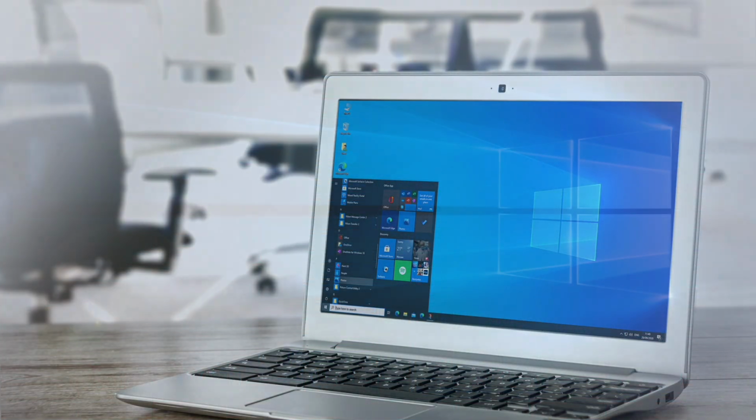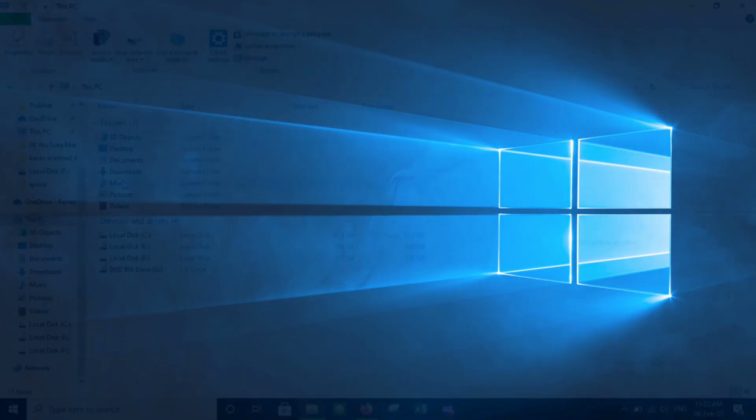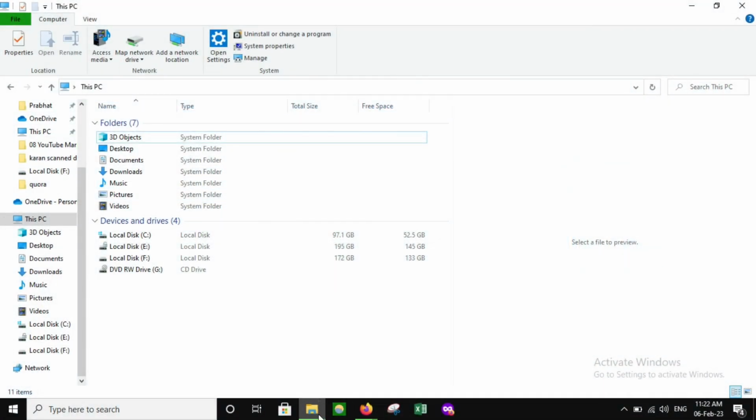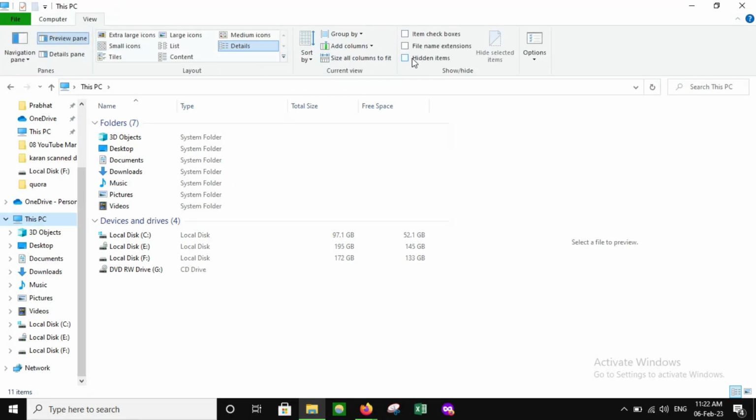This is our PC. Here, simply click Windows plus E to open File Explorer, or you can just click on File Explorer to open it. Next, click on the This PC option. After that, click on the View tab and check this box, hidden items,